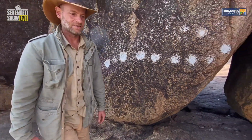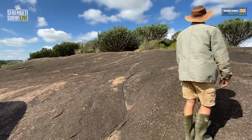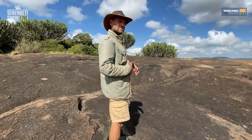Okay, let's go a little bit further up and show you the views. Euphorbia candelabra up there. It's got a white sap that's used for medicinal purposes, pain relief and stomach and